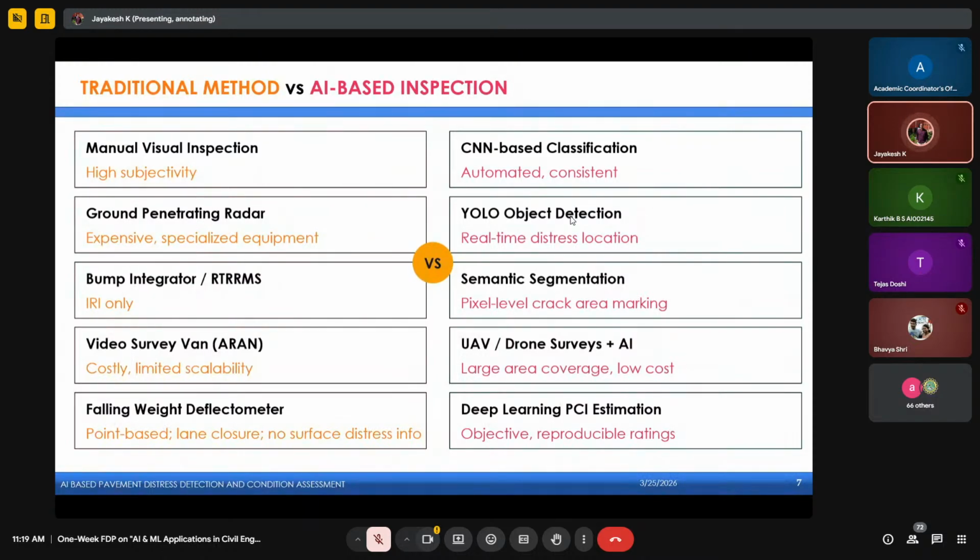Again, it requires a large amount of data, and it will take so many images for training purposes. I can say that it's very objective as well as reproducible, and the ratings are very good. So these are the different traditional methods as well as the AI-based inspection methods for